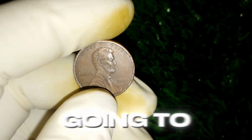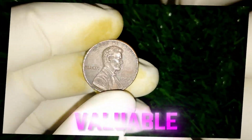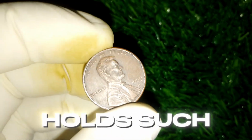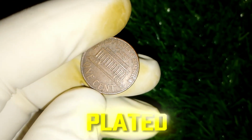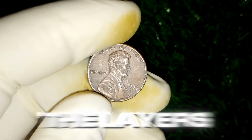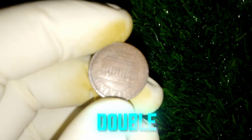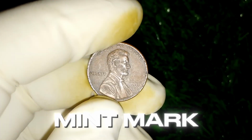And today we are going to explore every possible detail behind this legendary coin, what makes it so valuable, how mint errors occur, what collectors look for, and why this coin holds such extraordinary value in the coin market. Because when you hear that a simple copper-plated zinc penny could be worth millions, the first reaction is disbelief. But once you start peeling back the layers of history, minting technology, die errors, misstrikes, double dies, off-center strikes, planchet errors, and even mint mark